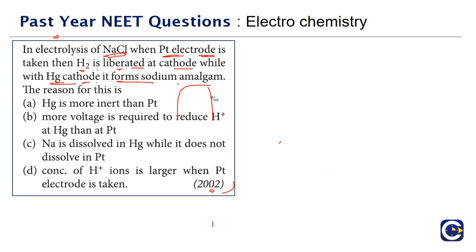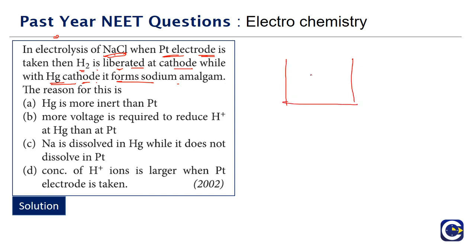So what is the reason why platinum, we'll call these inert electrodes. So platinum is called an inert electrode. So with platinum, what are we getting? We are basically getting the hydrogen gas liberated at the cathode. So if you look at the general electrolysis procedure, when we take the aqueous solution of NaCl or the brine solution, we'll have the cathode. Let's just focus on the cathode part. Okay, so at the cathode, what are we going to have?